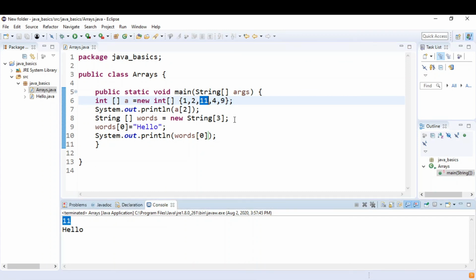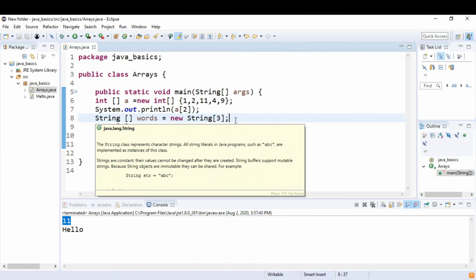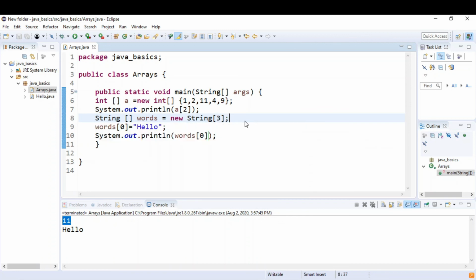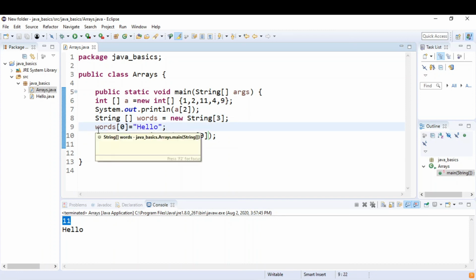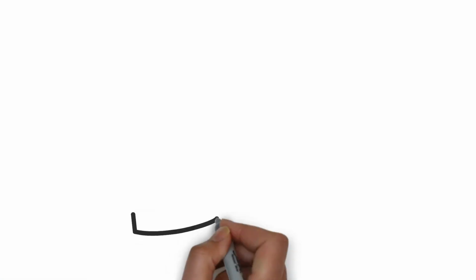Then it comes to the next line and it reads an array words has been created of type string with size 3, right? And then it comes to the next line and it reads the first element has been assigned hello. Then it comes to the next line and sees system.out.println words of 0. So it prints hello on the screen.